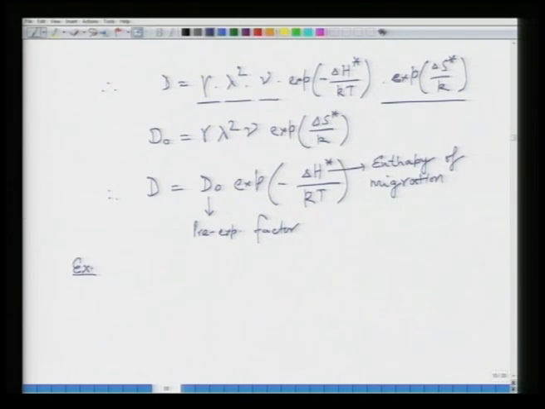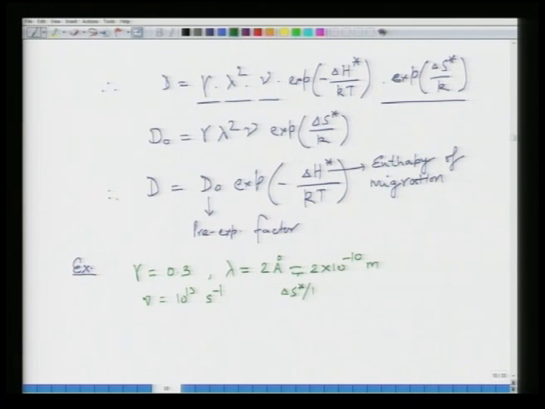Let us say assume gamma is some small value of 0.3, lambda for a typical crystal system would be of the order of atomic distances, let us say 1 angstrom or 2 angstrom. So, let us say typical 2 angstrom if the lattice parameter is about 4 angstrom, which is equal to 2 into 10 to the power minus 10 meter, and nu is approximately 10 to the power 13 per second, which is the frequency of vibration, and let us say